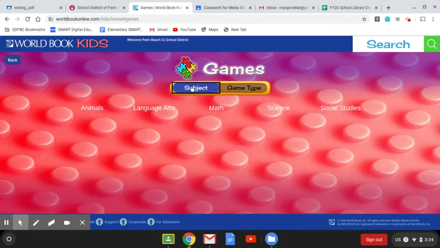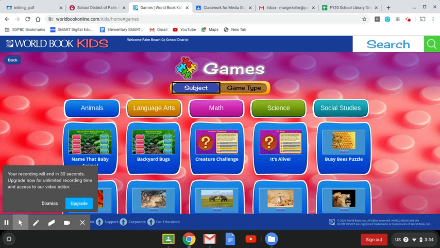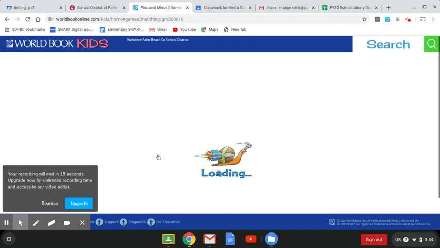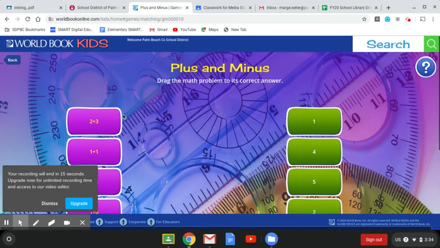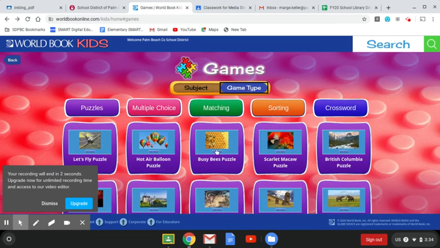If you want to go by subject, you can go by subject, but it doesn't tell you right off the bat what you are looking for. So if you want to go to math, you go to math, and you have the plus and the minuses game, and you follow the directions where you're going to match the pluses and the minuses. So there's all kinds of fun games. There's multiple ways to look for them. So you are going to spend your time